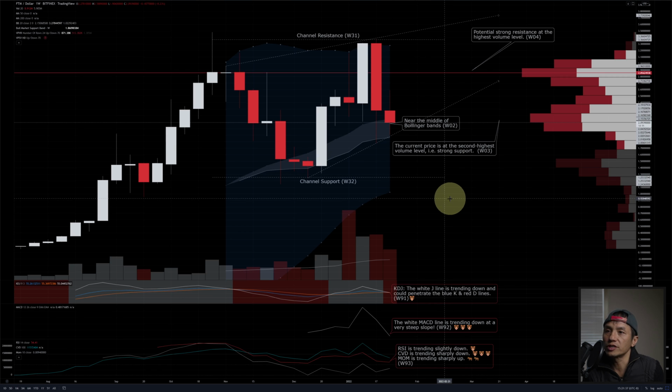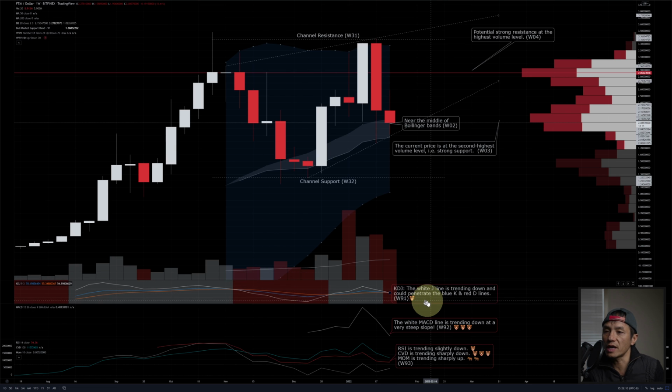On the Bollinger Band, it is in the middle of the Bollinger Band. Bollinger top band is here, bottom band is here. We're pretty much in the middle. And the current price, this line right here, is at the second highest volume level for the weekly chart. And it's going to provide some strong support as far as on a macro level. Down below, we have